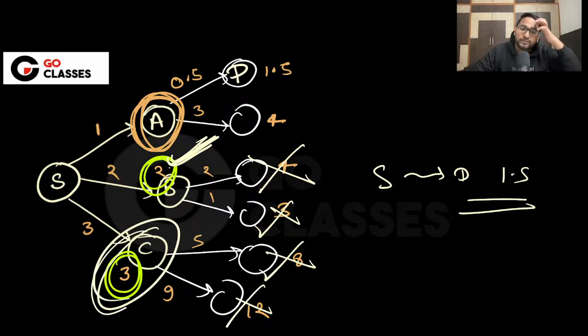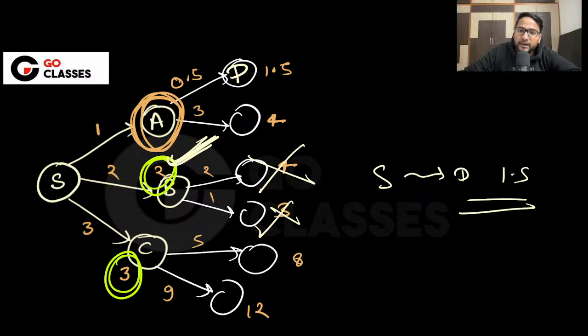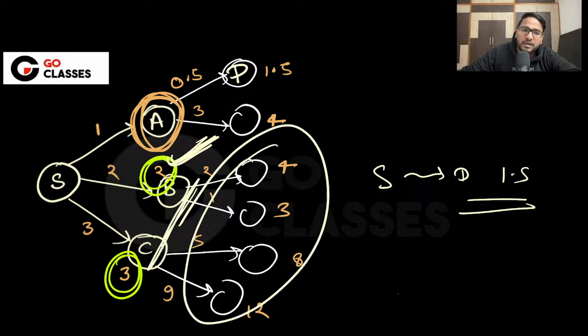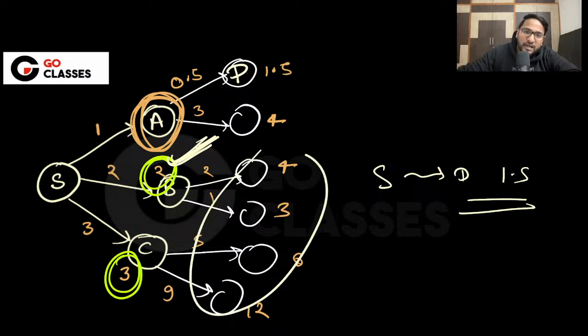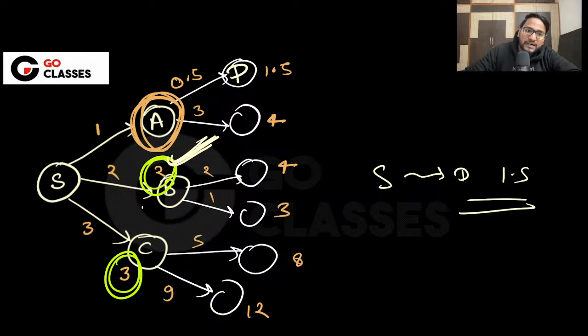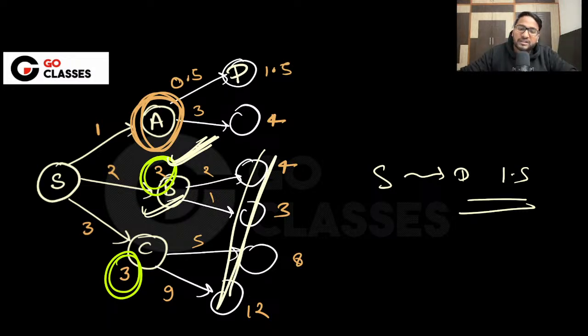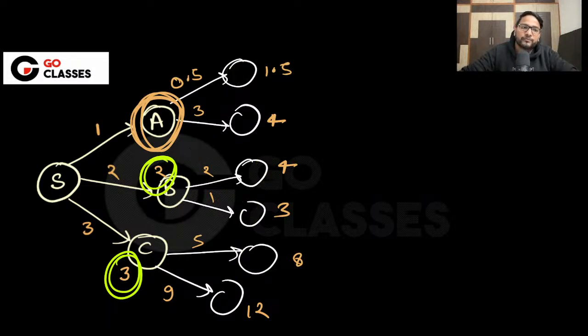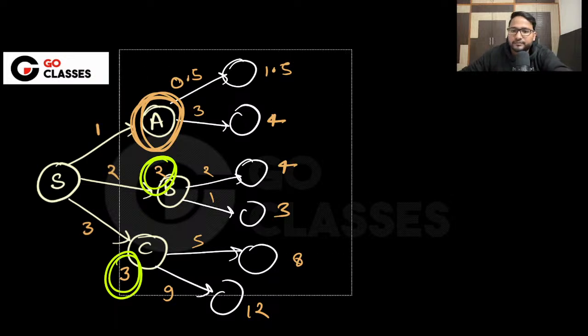win this 3, which means what I'm trying to say, that if you're taking the minimum, is this really necessary to explore these B and C? Because these will never win, right? If you're taking the minimum, then will this ever win? Among this B and C, will this ever win? No, right? So basically there is no need to explore these also. So that's what Dijkstra says. Dijkstra says that, see, Dijkstra is very, very simple, very nice algorithm. Okay, so it says,